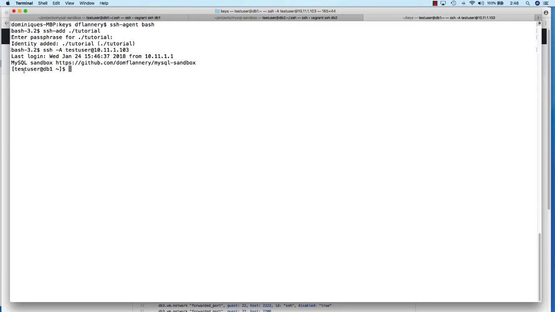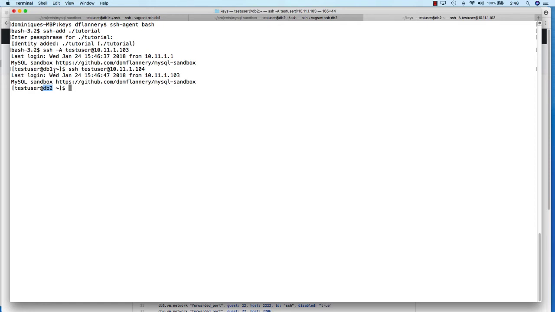So now that I'm in DB1 here, as you can see right here, if I needed to SSH or copy or whatever across to DB2, and I'm going to show that just by SSHing into it, but like secure copy would work the same way. And so if I SSH in as test user at, I don't want to do 104. Now what you can see is now I've actually SSH'd from DB1 into DB2,